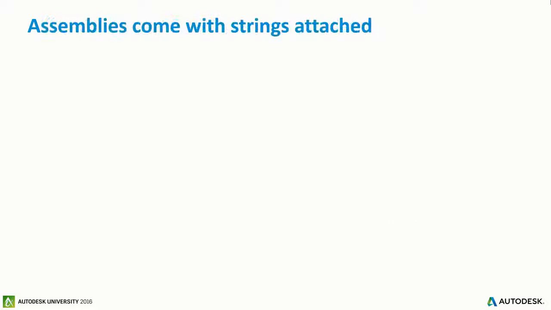Pretty straightforward stuff. There are some strings attached with the standard Revit assembly. The first one is changes don't propagate. So if you create an assembly, think you've done a good job, pop that in all the places that you think it goes, and then realize that you need to change something, change management is a problem because unlike groups,